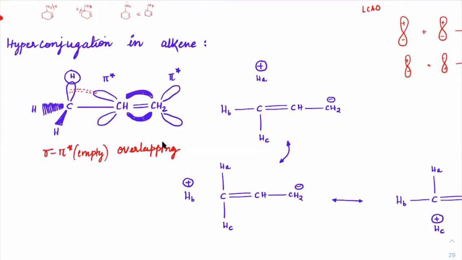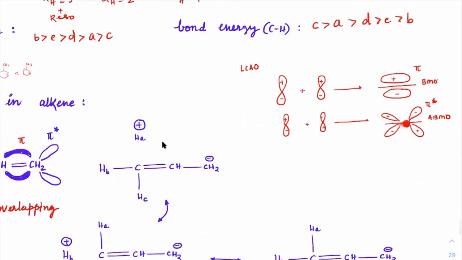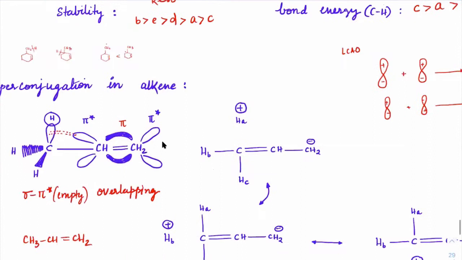So suppose you have this molecule, which is CH3, CH double bond CH2. So imagine this molecule. Here I'm showing all the pi bonds. Between these two carbons, I have one pi bond here. This is a regular pi bond. And between these two nuclei, there should be pi star also. And the pi star will always be away from the nucleus. You can see that, if these two are nuclei, the pi star will always go away from the nucleus. So that's how they are going away from the nucleus here.